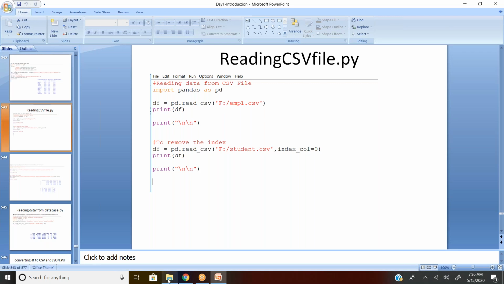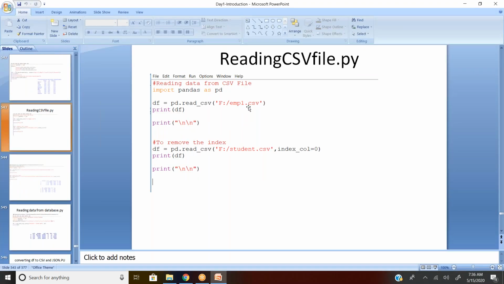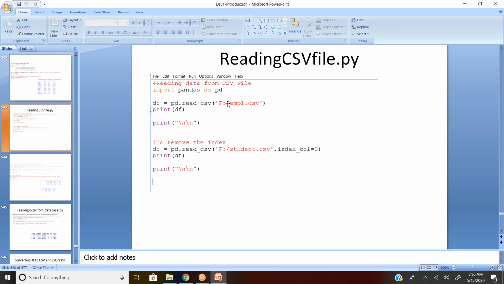Right now my pandas script and my employee file are both in the same folder, so writing employee.csv is good enough. So print df, and you're going to get the file contents.